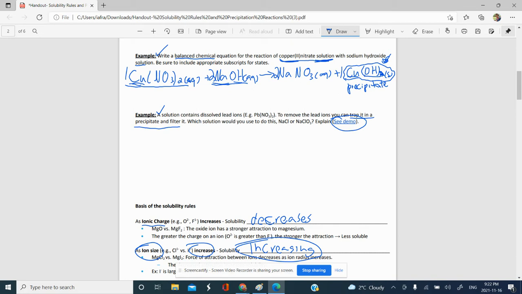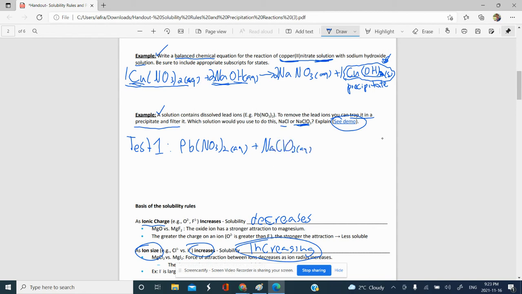We'll see how we can approach this. The strategy is to do 2 tests. Test 1 is to take our solution, a little bit of our lead nitrate, that's aqueous. It's all dissolved in there. We don't want that. We're going to test it with one of the solutions here because we want to see which one will remove the lead, not necessarily the nitrate, but the lead. So let's make it react with NaClO3. That's our first test,